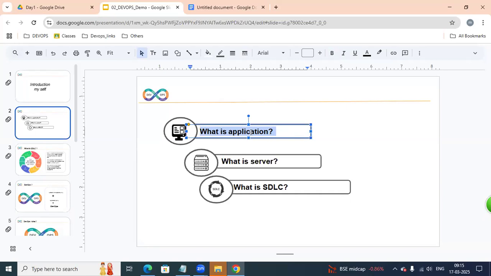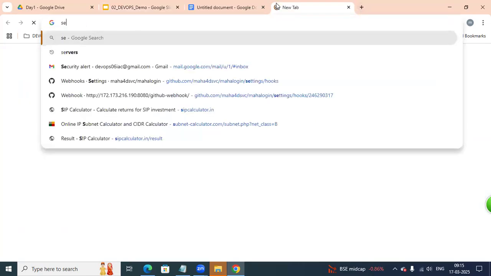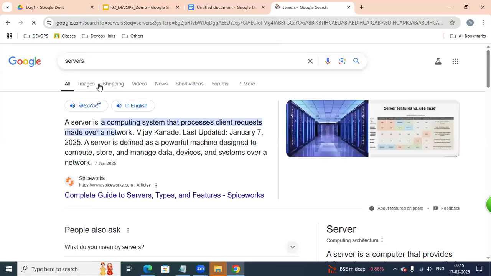The working software, which is written in any programming language, we call an application. That application is going to be placed on the server side.